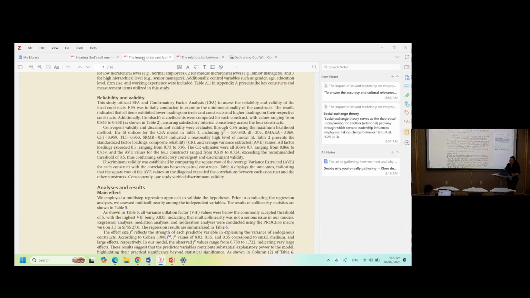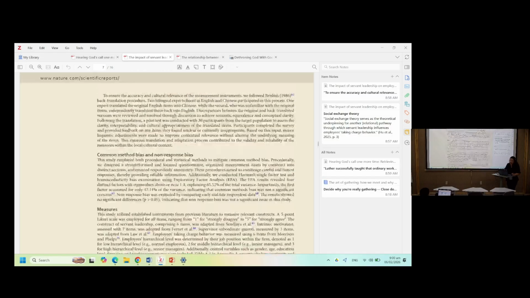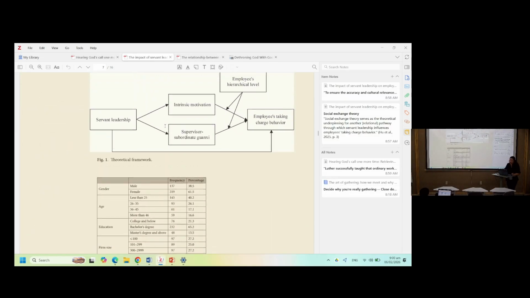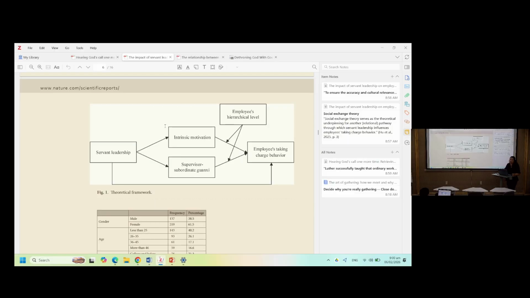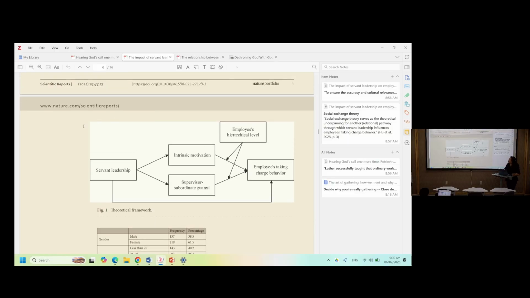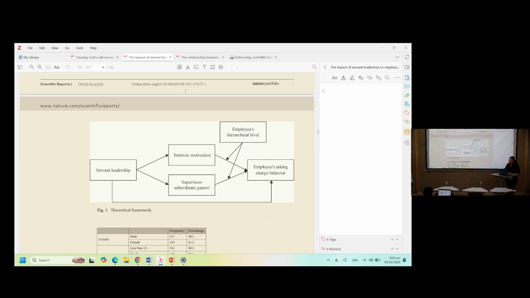Another way that you can create an annotation is through an image quotation. So say for example, you want to cite a framework, right? So what you do is, again, you just add an item note. And here on top, you'll see here like a box.